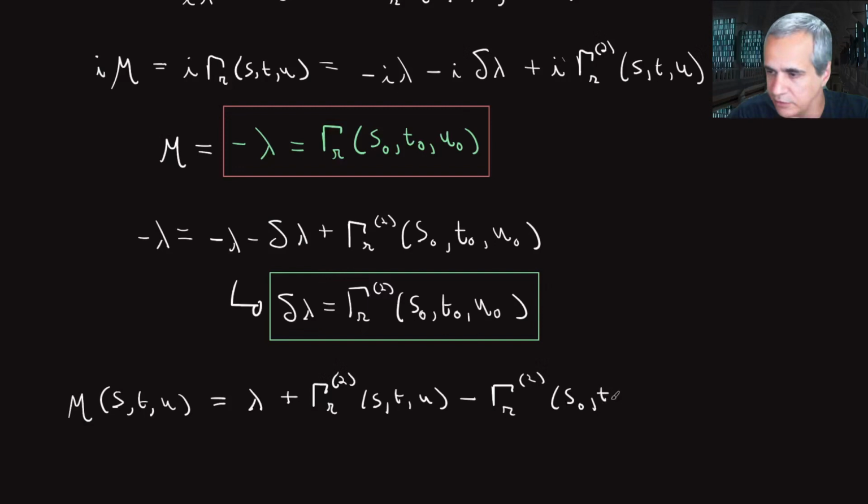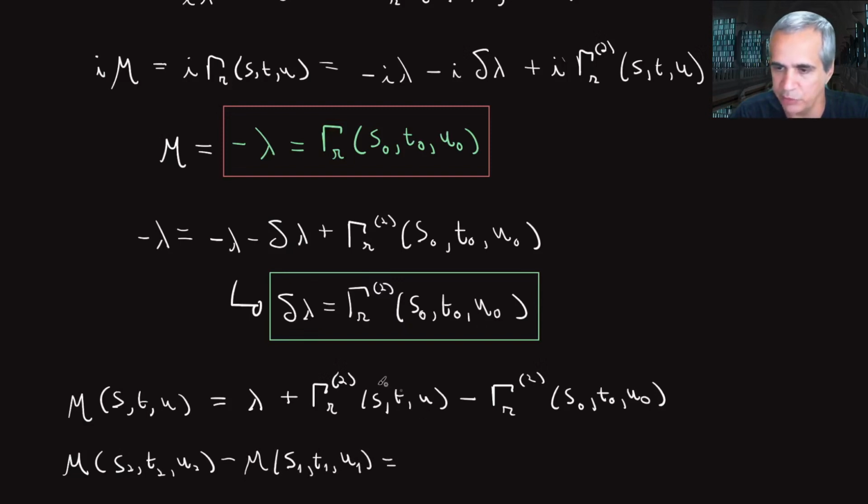S0, T0, U0, right? This is a finite quantity, this one too. That means if there are divergences here, they need to cancel between these two terms. They both will contain the divergences, right? And what I did here is just replace delta lambda by this expression here, right? Which means that if I compare two different points, let's call this one S2, T2, U2, minus the matrix element at another point, let's call this one S1, T1, U1, I just have to subtract two expressions like this and get this